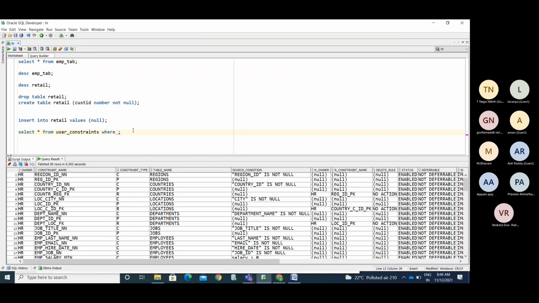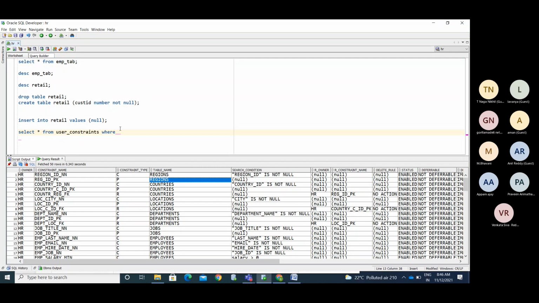Okay, user_constraints is the meta object or data dictionary. It stores information about the constraints. See, we have the options: owner name, constraint name, and here we have the table name.